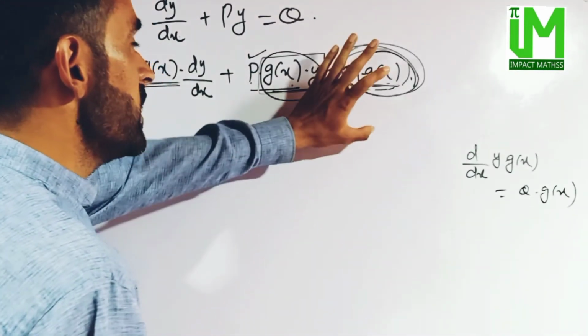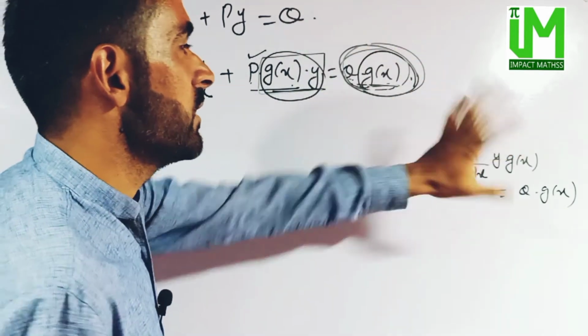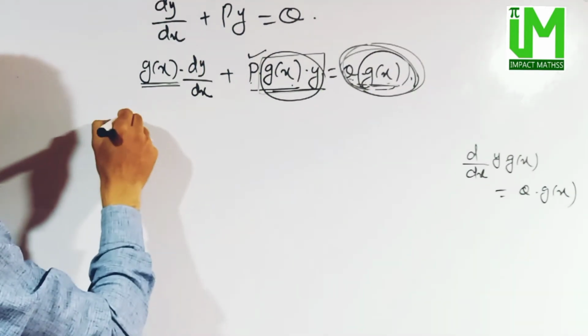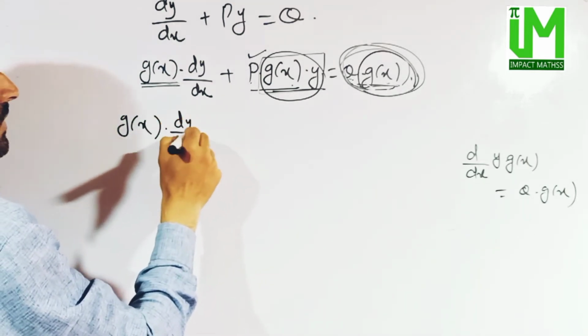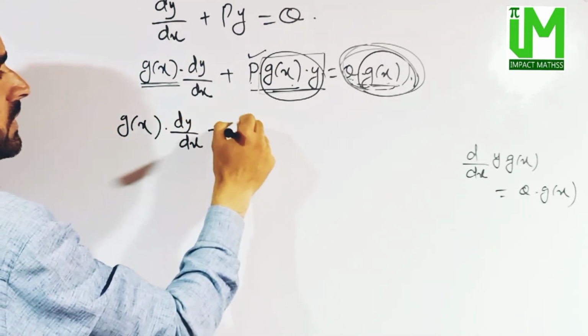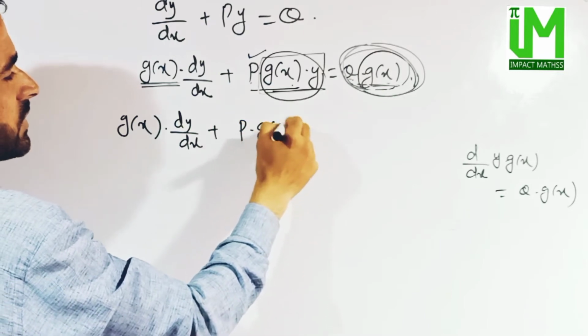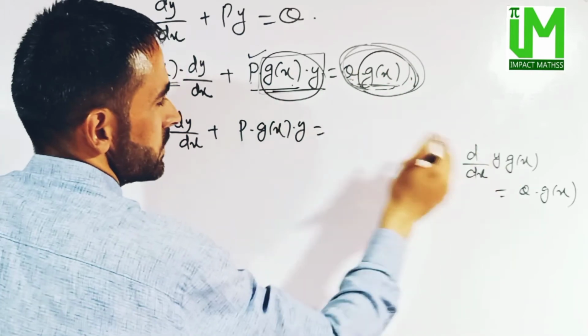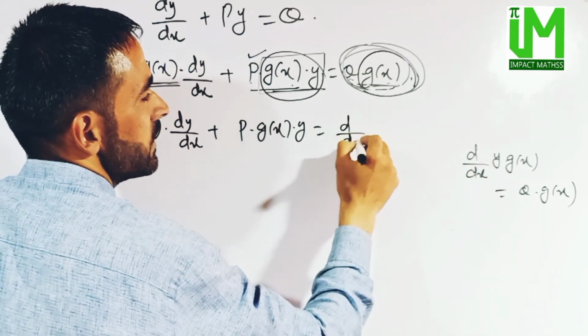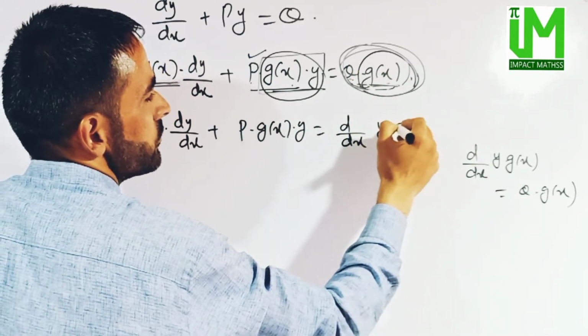So that has to be q into g of x. अब इस step में अगर हम ये value replace करें, then we can write this as gx into dy by dx plus p into gx into y is equal to, and q into gx, that is equal to d by dx of y into g of x,